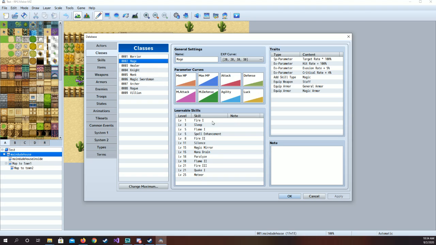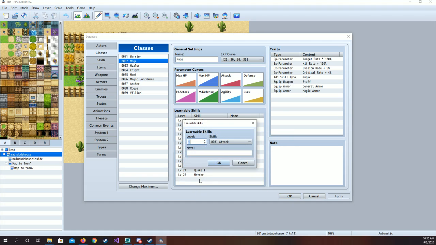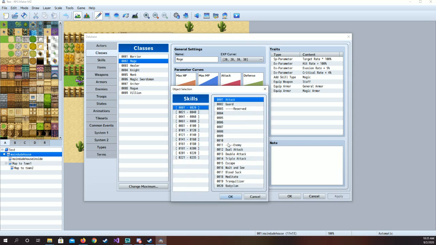The mage and how they learn their spells. Of course, I would expand this to where they would eventually learn all of the spells. Right now they only know the fire spells essentially. But maybe they know all of the, so if I go down here,